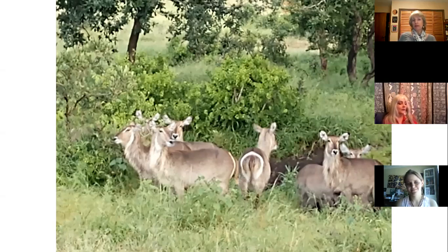They're called water bucks because they hang around the water. They can easily become dehydrated, so they're always around water. And they will actually run into the water when a lion or hyenas approach them, because they, again, with this excretion that happens on their fur, the water doesn't permeate their skin, so they can stay in the water a nice long time. So again, this is really a cool